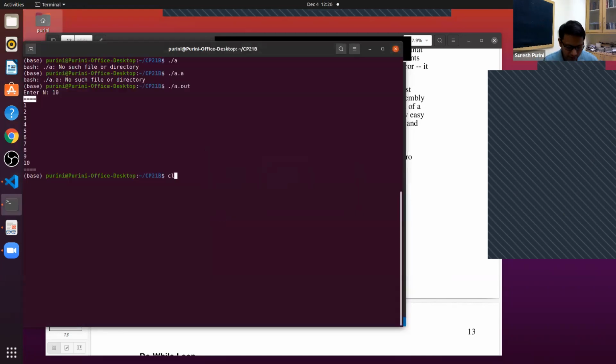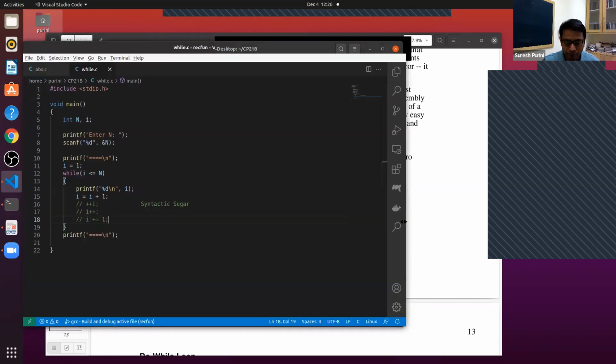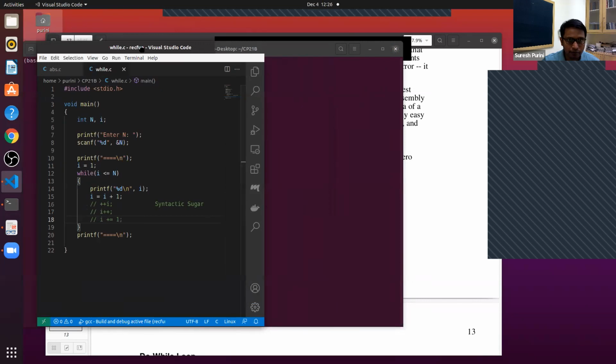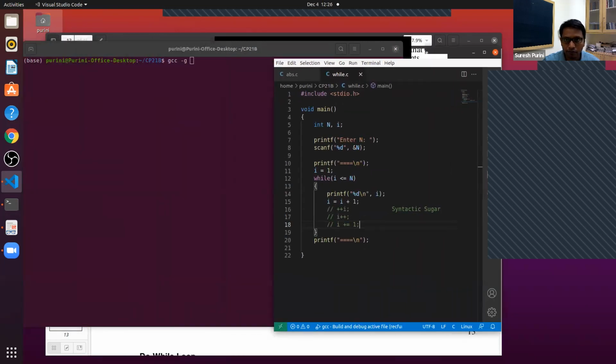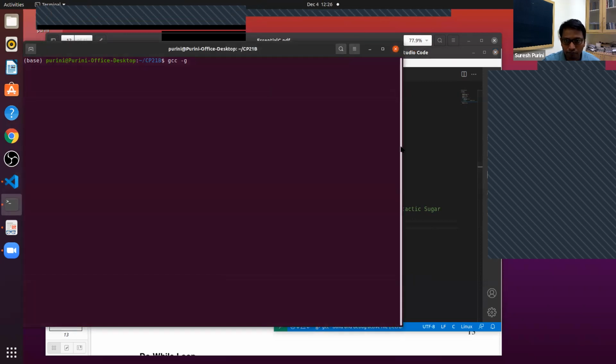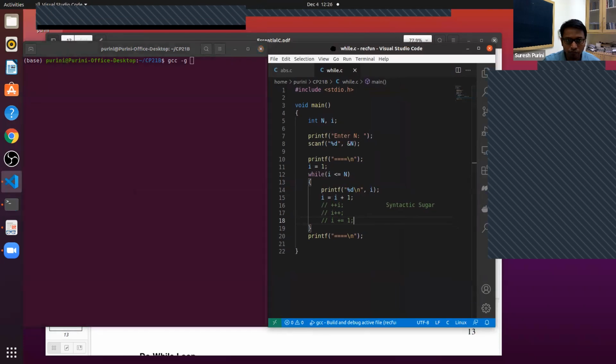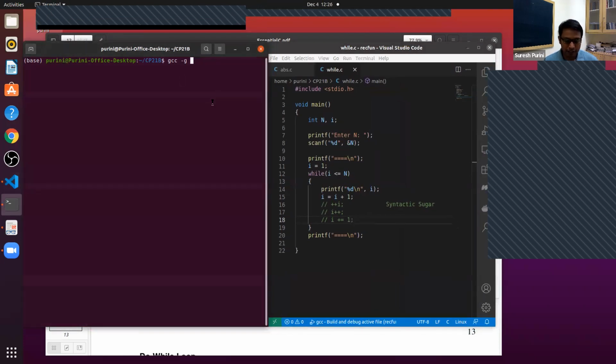Okay, so let's do this. We will use GDB. gcc minus g while.c, then gdb a.out.